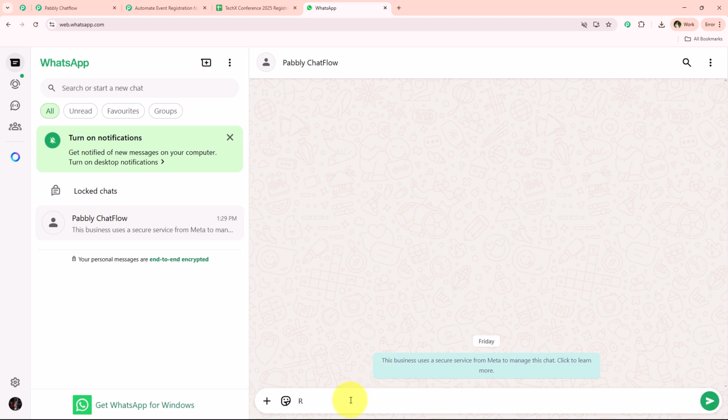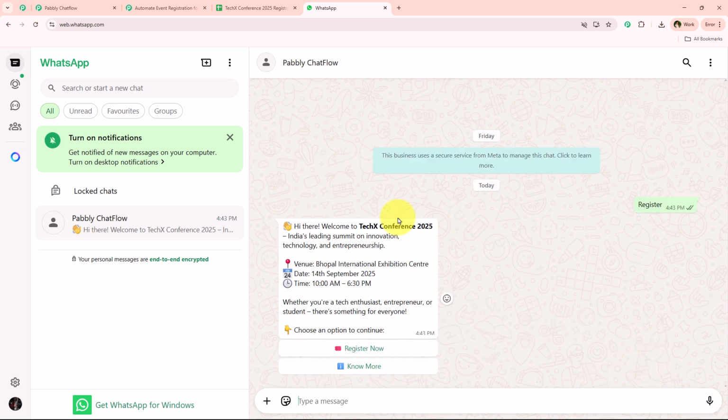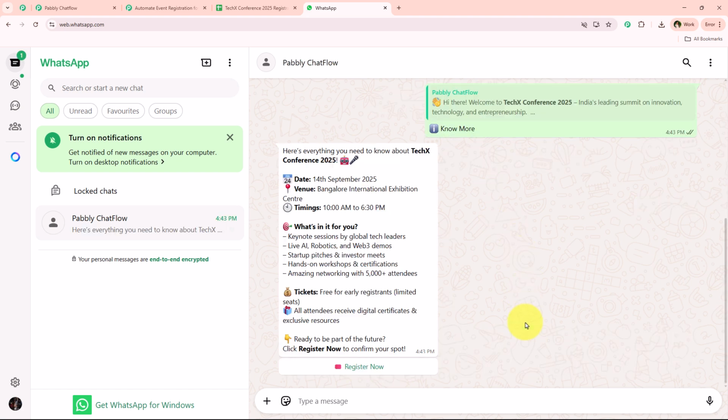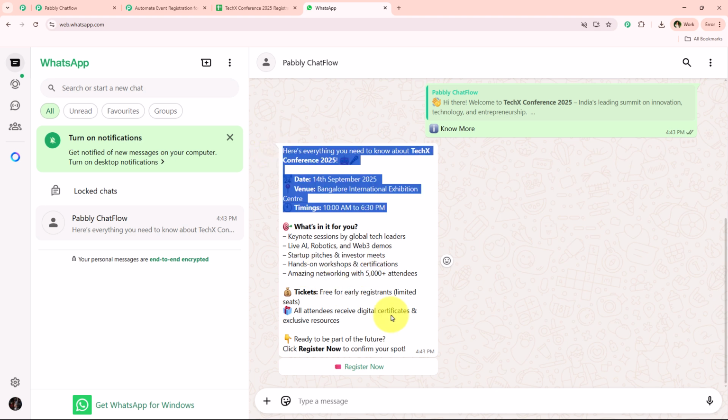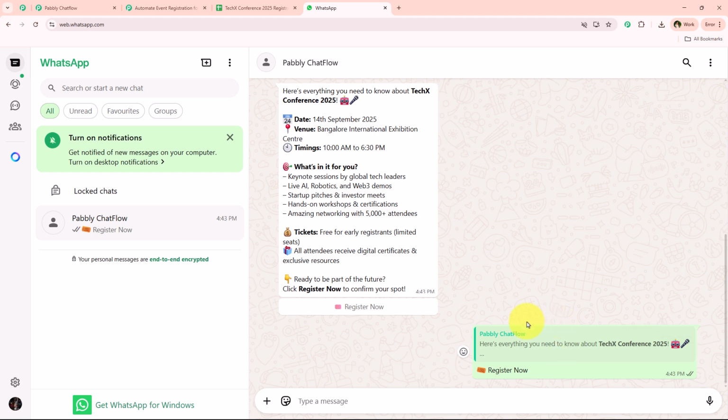So let's say someone messages me register right over here. So I'm going to simply type register and send them this message. And once I send this message, it says, hi there, welcome to TechX Conference 2025, India's leading summit on innovation, technology and entrepreneurship. Alright, so let's say I want to know more about this. I'm going to go to this know more button, and over here it is giving me all the details for the same. Let's say I want to register, so I'm going to go to this register now button